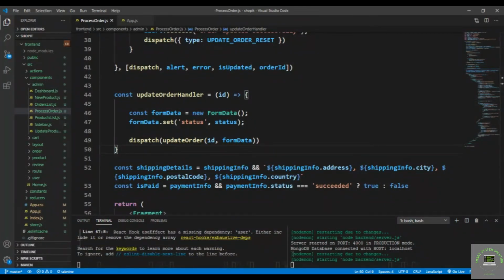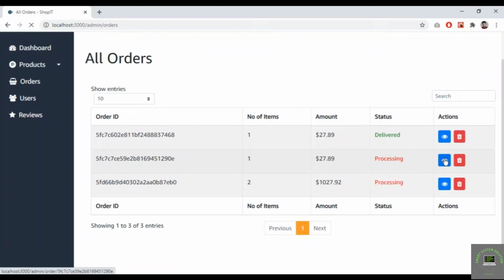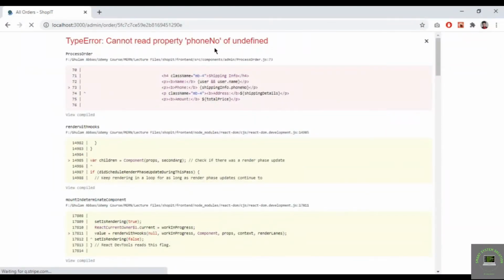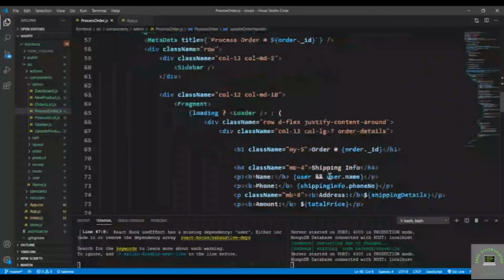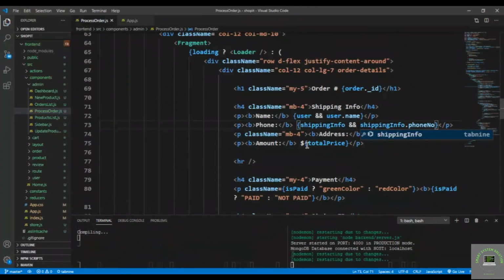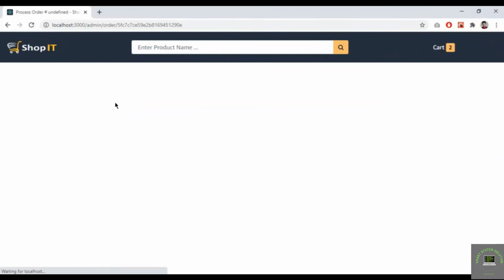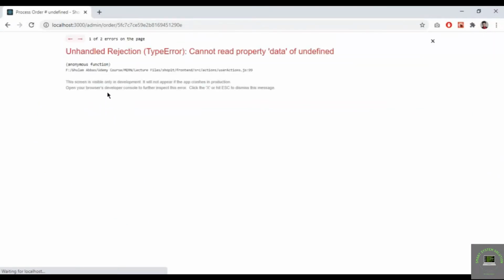Okay, so now if I simply go back, let's actually test it out. If I go back, reload the page, let's change it to shipping. If I click on this one, so cannot read property phone number of undefined. Alright, so simply go back here, phone number, make sure that shipping info exists, then shipping info.phone number. Right, so now if I reload it,